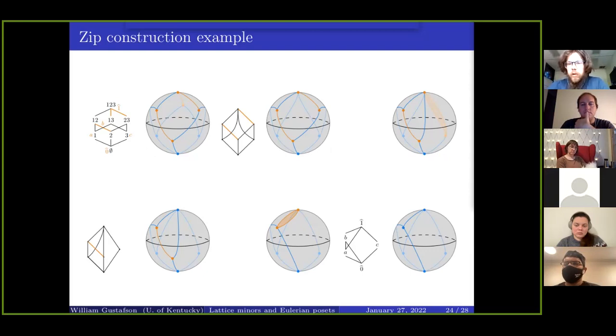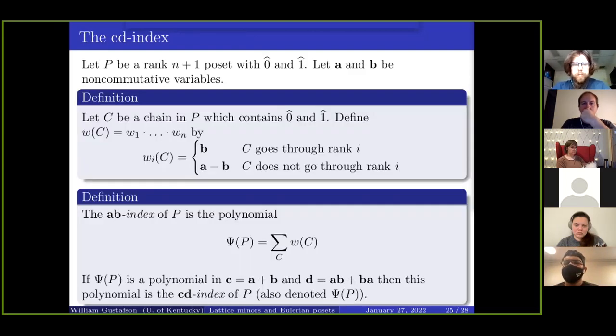So the last thing I want to talk about is some inequalities we get for the CD index of these minor posets from this zip construction. First, I'll define the CD index, to review that. So we have a ranked poset with a minimum and a maximum. We start by defining the AB index. A and B are non-commutative variables. And we set up these chain weights here,